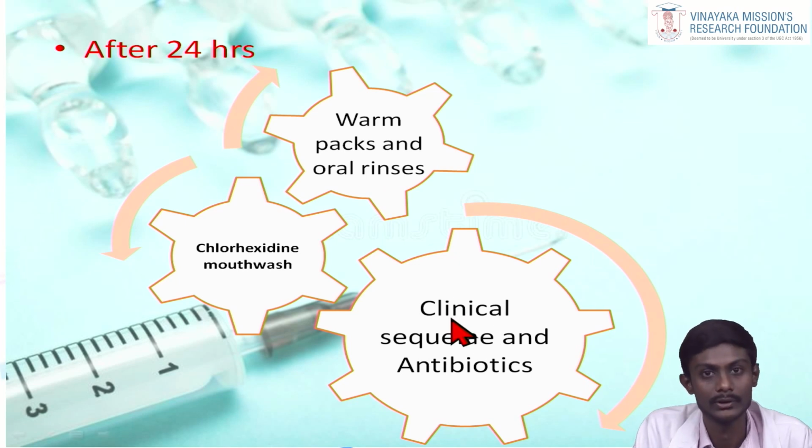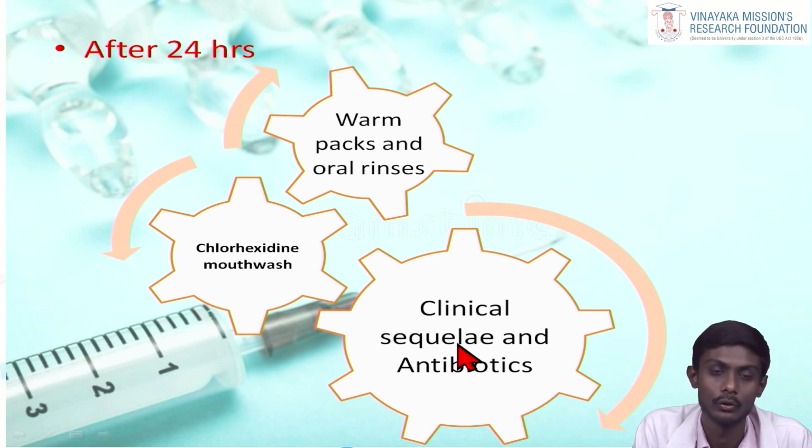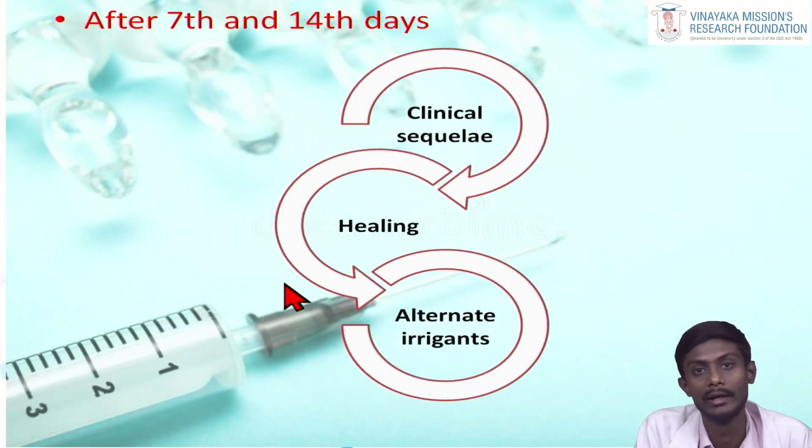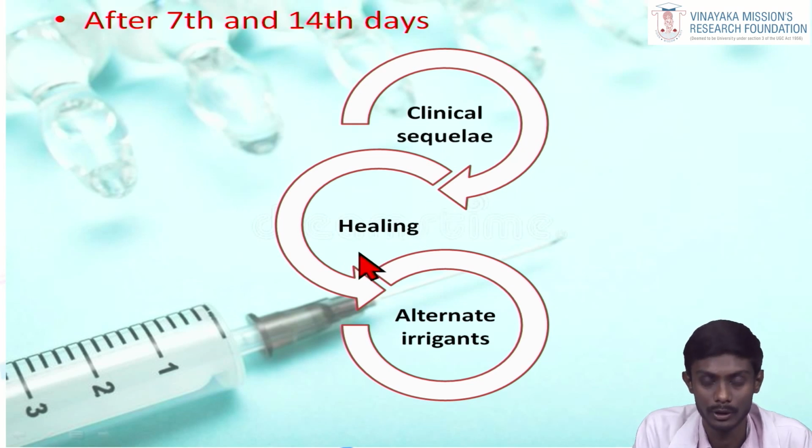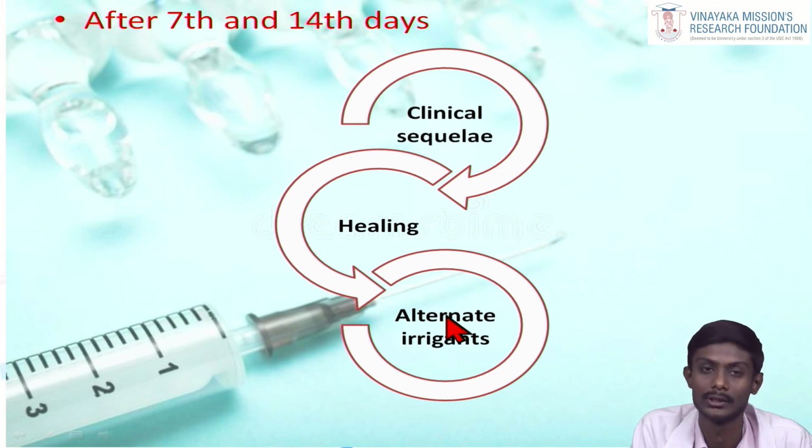Next, the clinical sequelae should be monitored and antibiotics should be continued for up to 14 days. Then, if needed, chlorhexidine mouthwash and other irrigants can be used after 24 hours. After the 7th and 14th days, the clinical sequelae, that is the ecchymosis, bruising, necrosis and intraoral ulceration, are examined. The amount of diffuse swelling, or intraoral and extraoral swellings, are also examined, which will determine the healing process of the sodium hypochlorite accident. And finally, alternate irrigants other than sodium hypochlorite, such as chlorhexidine and EDTA, can also be used to